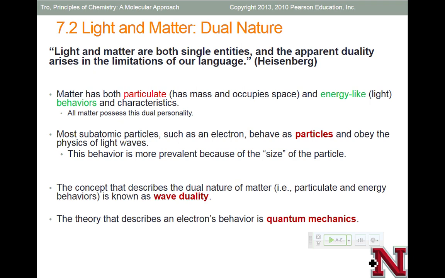So the concept that describes this dual nature, we call it wave-particle duality, meaning it can behave as a particle or a wave. And it is the theory that explains quantum mechanics. And quantum just means we're trying to look at something that's really small that we can't necessarily see, but we can still measure the effects of it. Just because we can't see it doesn't mean we can't measure the effects of what happens. So that's really what physical chemistry is studying, the effect of. And we'll look at some ways of how it behaves as a particle and how it behaves as a wave